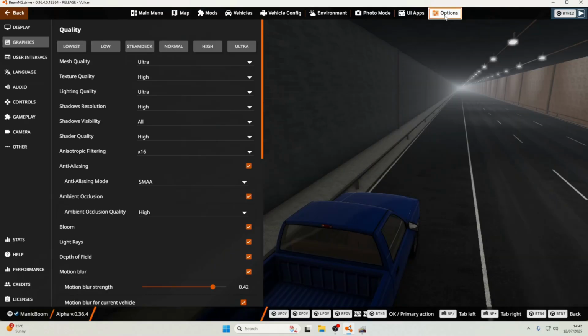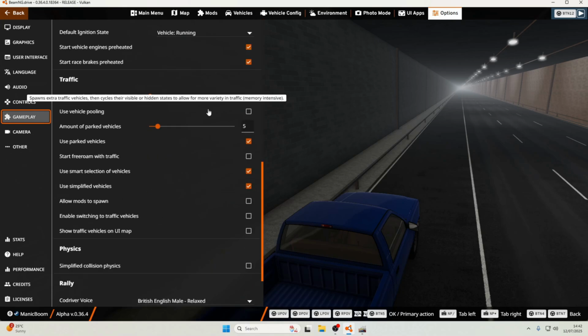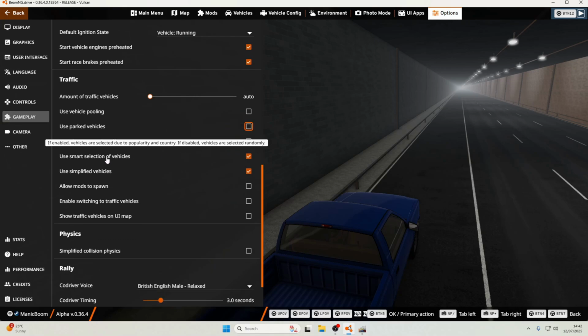There's some things to keep in mind. Settings. You can go into gameplay, and you can find your traffic settings down here. This one apparently is set to automatic, even though we won't be using that. Amount of parked vehicles, we don't have parking, that needs to be turned off really. Use smart selection vehicles, don't really need to do that because it's not going to know what map or country we're in, and it hasn't got the right vehicles,